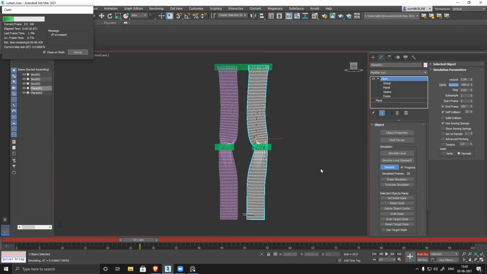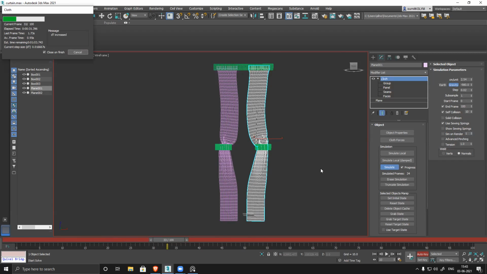Sir, after applying simulate, if I feel that I want to change the box size, actually I tried it yesterday. It was not happening. So it won't work. Yes, it won't work. So I have to click on erase simulation, then I have to do it again. You have to remove the cloth, and then change the box, because you already have keyframes, right?